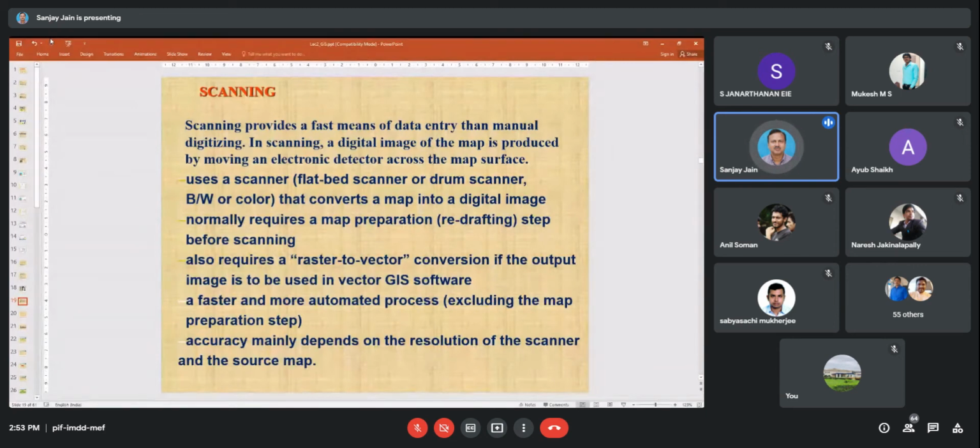So scanning is faster if the map we have scanned is in perfect form. Perfect format means, suppose my Survey of India topographical map has roads, railway lines, rivers, cities, contours, so many features. If I convert that by scanning into raster, all the layers will come as one unit. Then it will be very difficult for me to have all these layers separate. If I can separate them before scanning, then it is easy.